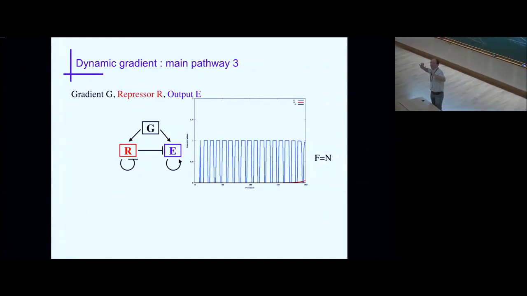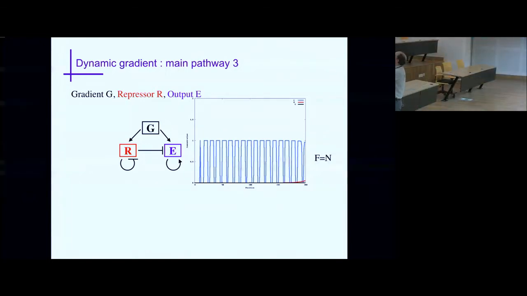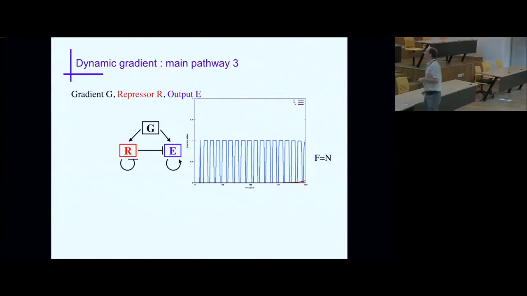Now, during the development itself, you are going to make segments of different size. So that means that indeed the speed is going to change. But basically, the speed is changing at a much lower time scale than the clock period. So this is an approximation. At short time scale, this is going to work like this. But then you can modulate the speed of the front later on and get segments of different size.